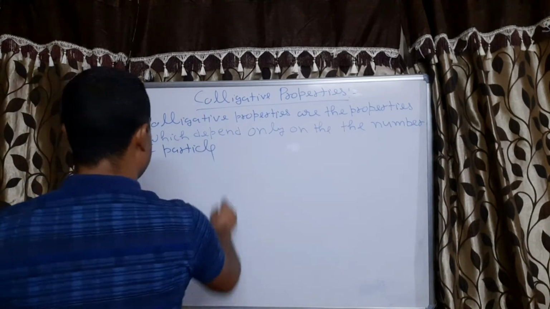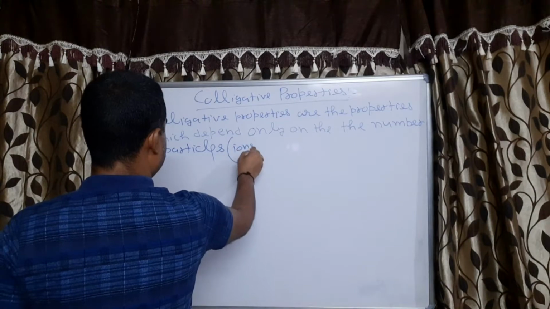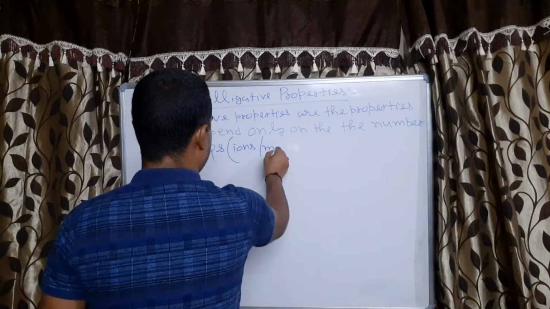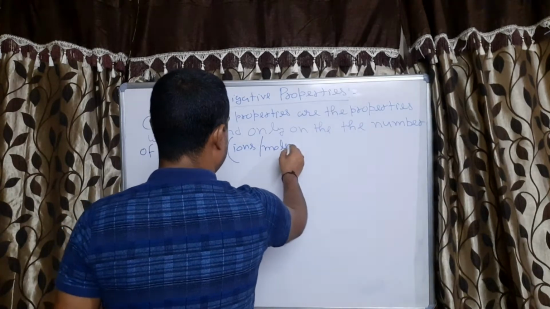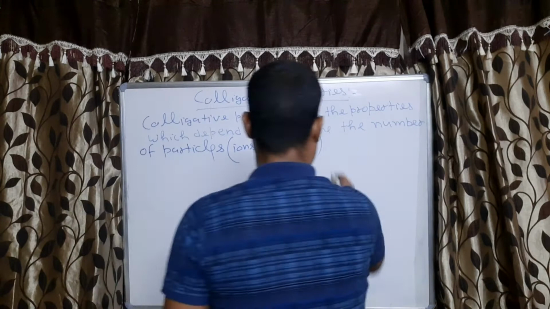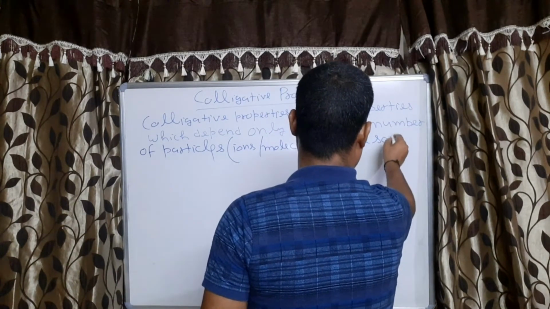Here, what is the meaning of particles? Particles means it can be ions if this is an ionic substance, or molecules if it is non-ionic. Correct or not? Particles of the solute